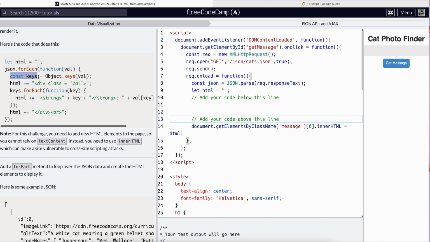We're going to have a constant of keys that's operating within the function, and it takes the object that it finds, capital O for object, takes each object that it finds and assigns a key value of the value it's reading in the forEach. Okay, I hope I said that right. With the HTML, I had to review, this is like an addition operand, or whatever. It could also do concatenation and stuff, so it's going to add the div class of cat. And I forgot that we mix and combine